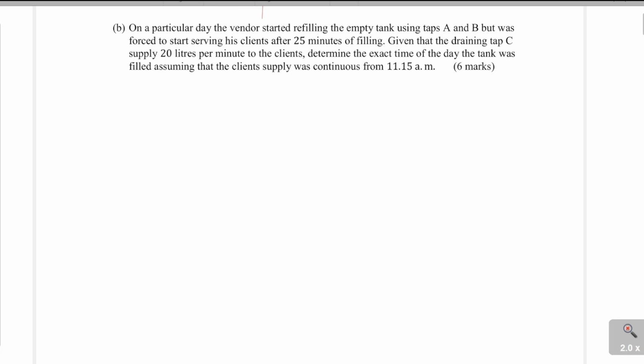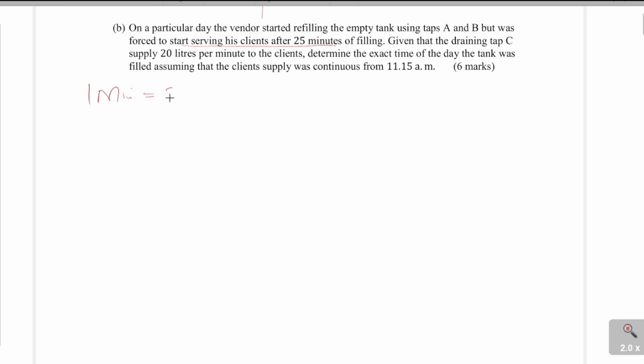So you're given this important information here, and the one that you're going to use is this. He was forced to start serving the clients after 25 minutes of filling. So we need to get how many liters were filled in these 25 minutes. And because we have the rate of flow, that in 1 minute,